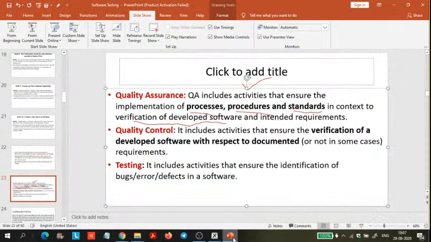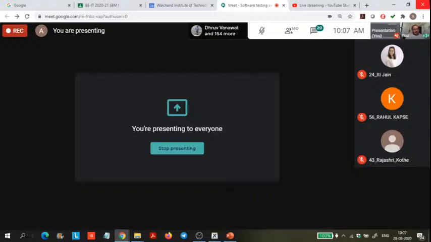And quality control includes the activity that ensures verification of the developed software with respect to the document. Definitely you will get the quality product. Quality product means you will get placed, because if you have put in effort, hard work and good determination, definitely you will be placed in a